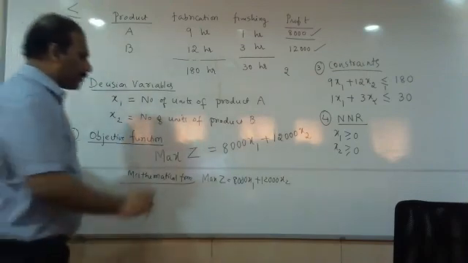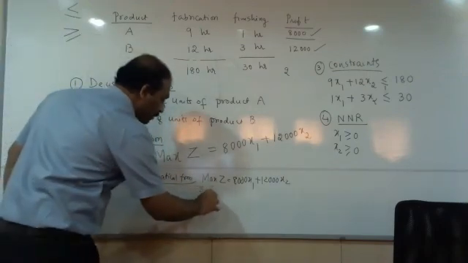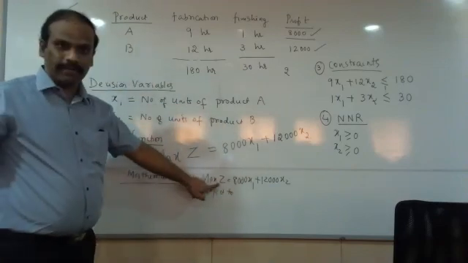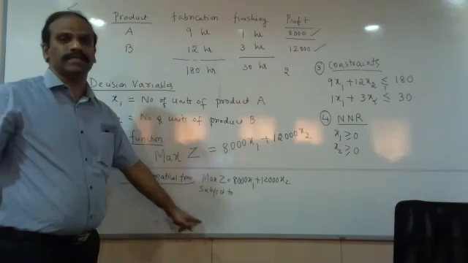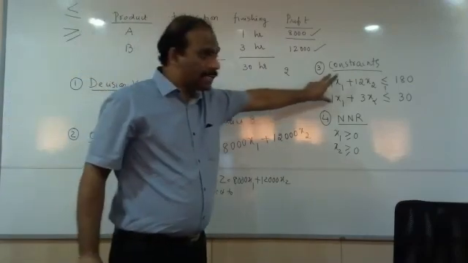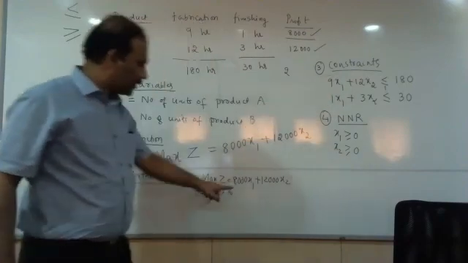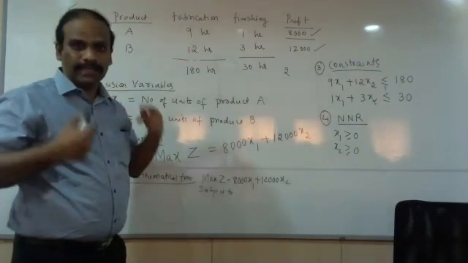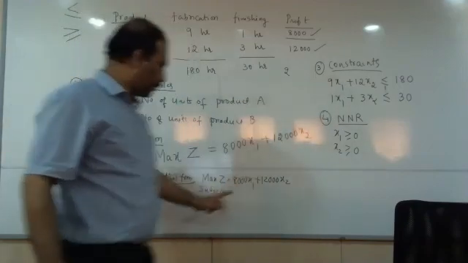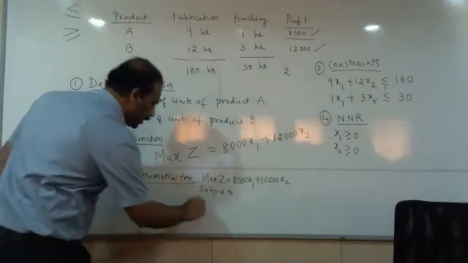After that I'm supposed to use the words subject to. That is, this objective is subject to the following conditions. So what are the following conditions? These two are the following conditions. Only if I achieve these can I achieve the objective. My objective is completely depending on these two factors. Then write them on the next line.